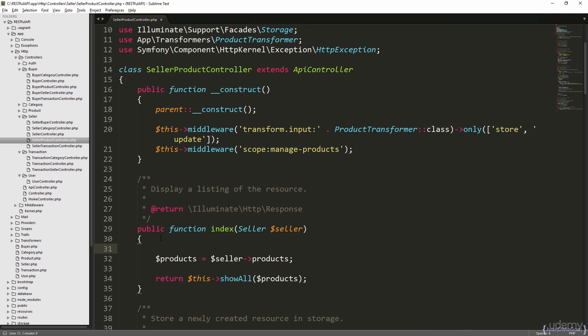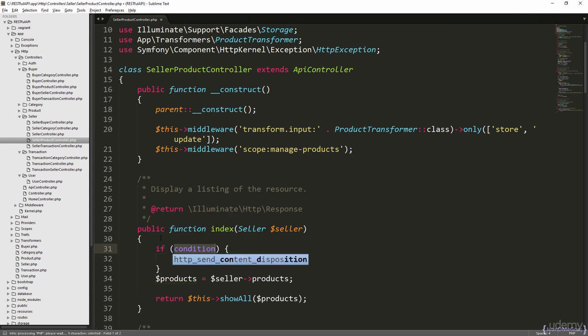So let's create a condition, and we are going to access the request using the helper. Let's access the user identified in this request through the access token and verify what this access token can do. In this case, we are going to see if this token can use the readgeneral scope